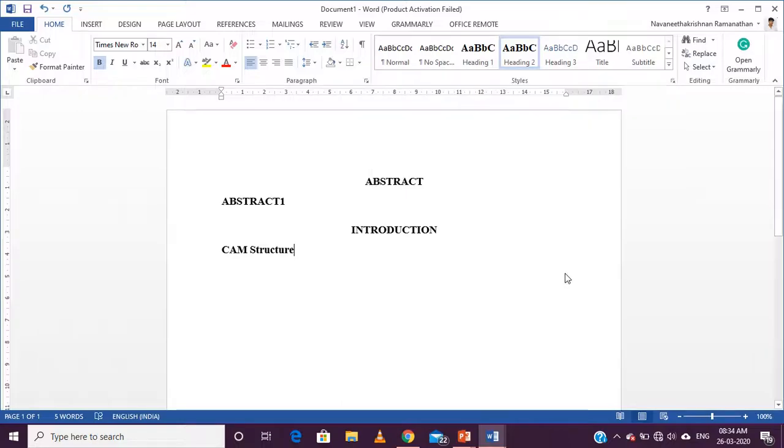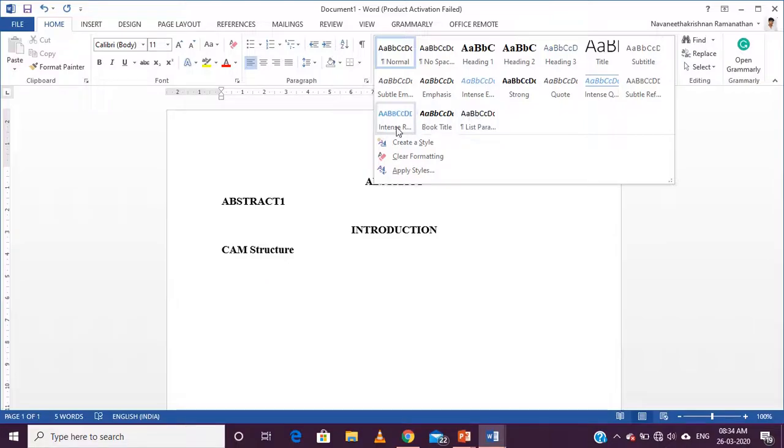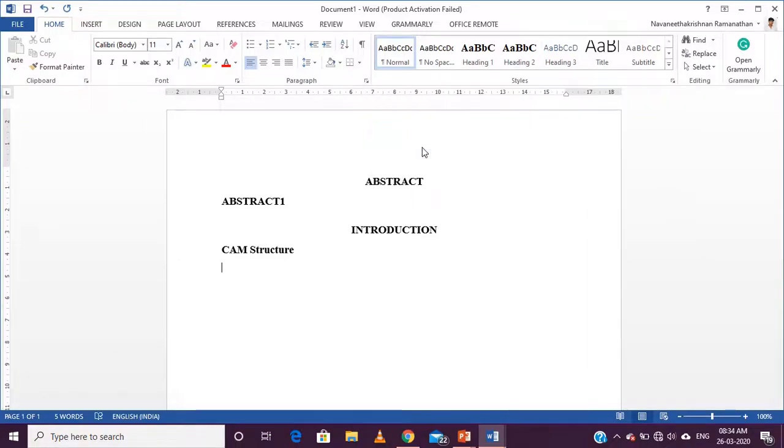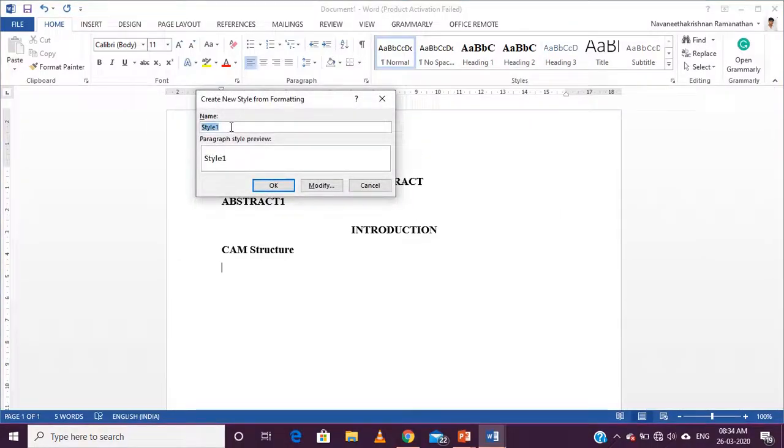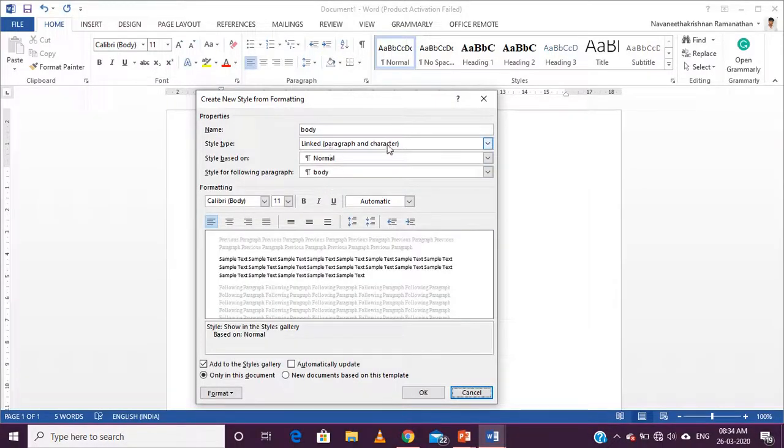Similarly, as I told you, for the body, if you can't find the style, you can also create one. So create a style, you can name it body, and go to modify.